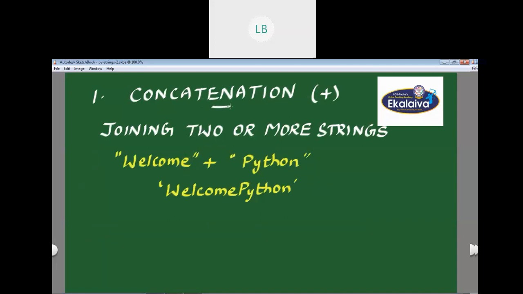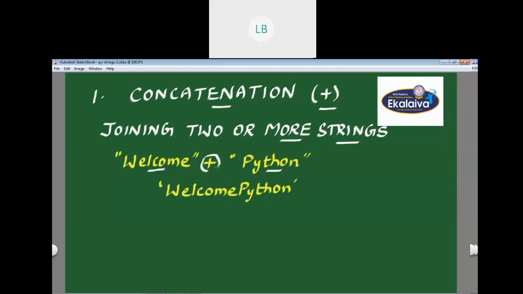Concatenation operator. Joining two or more strings is known as concatenation. The plus operator is used to concatenate strings in Python. For example, you can see a string is given here and another string, Python.